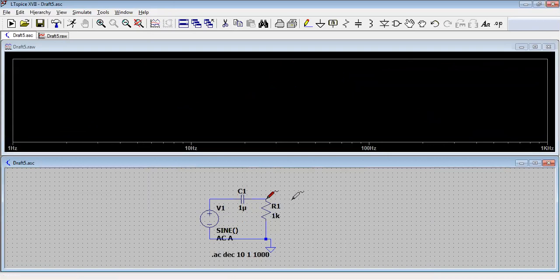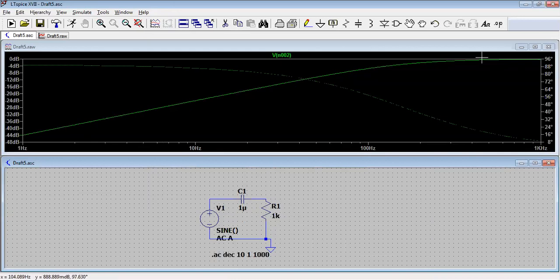You do not have to release your mouse key, hold the key and go to the other point where you want to take the output. Okay, for example, at that particular place I want to take the output. So it will look like this. So this is my output voltage, this particular voltage.